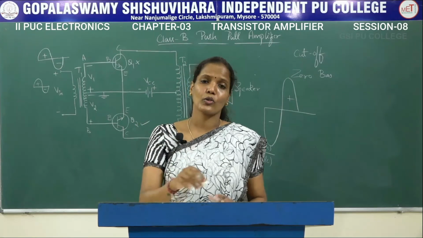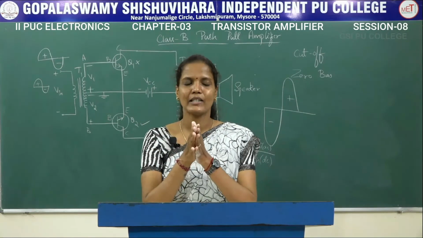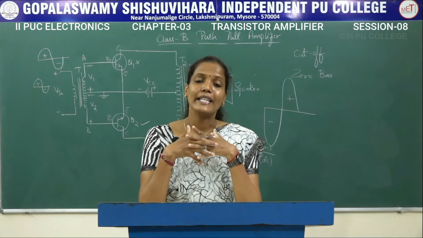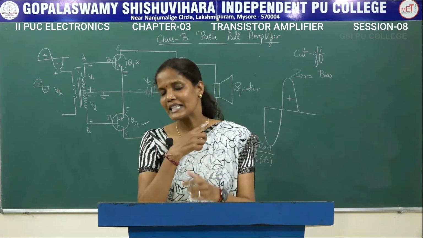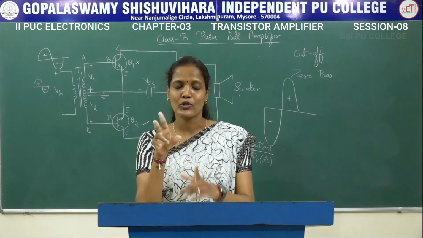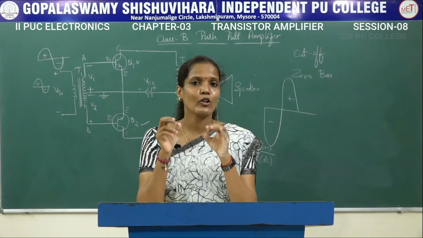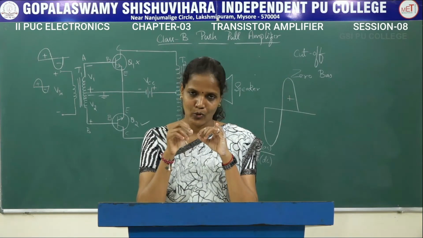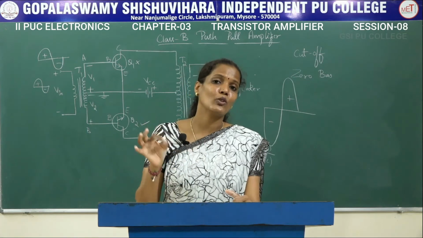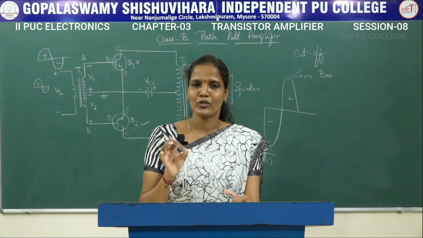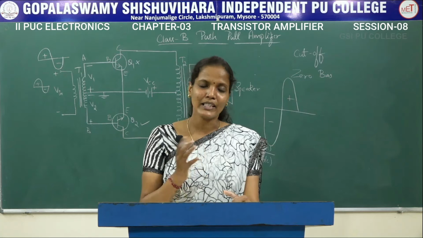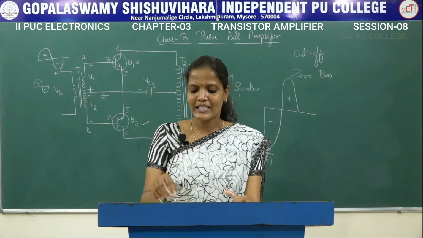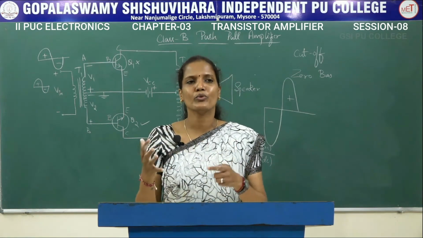So what is this crossover distortion? In the first year itself we have studied about the knee voltage present in the diode. Since this transistor is nothing but two diodes which are connected back to back, there will also be a voltage called the knee voltage. The voltage at which the diode starts conducting will be denoted by Vk, that is nothing but the knee voltage. Since this transistor is nothing but a connection of two diodes